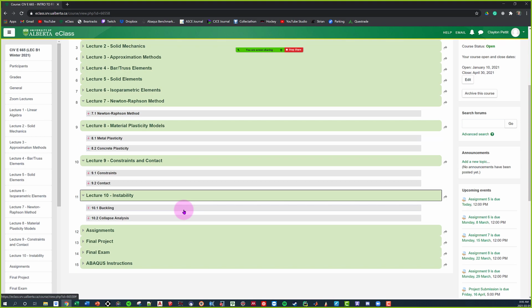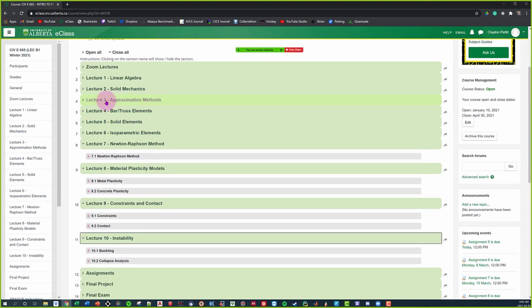One of the things I'm definitely going to create for this lecture 11, which again will probably just be me posting a bunch of slides and a bunch of YouTube videos, is beam elements. Notice that we didn't talk about beam elements. If we scroll up here, we talked about bars and trusses, and then we went right to solid elements.